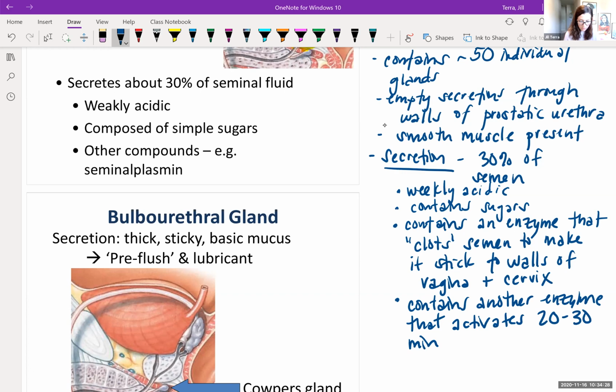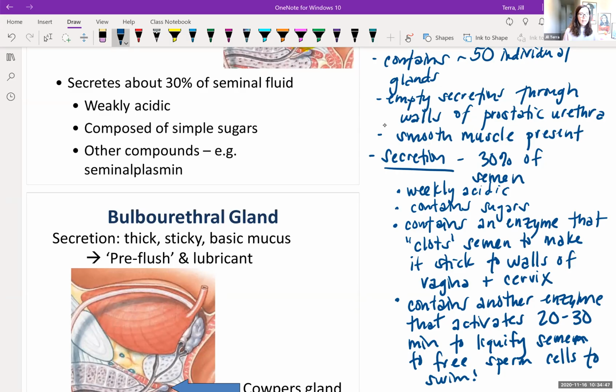So it kind of turns on 20 to 30 minutes later to liquefy the semen, to free sperm cells to swim. Okay. Now the last gland we're going to look at is the bulbourethral gland, or the Cowper's gland,